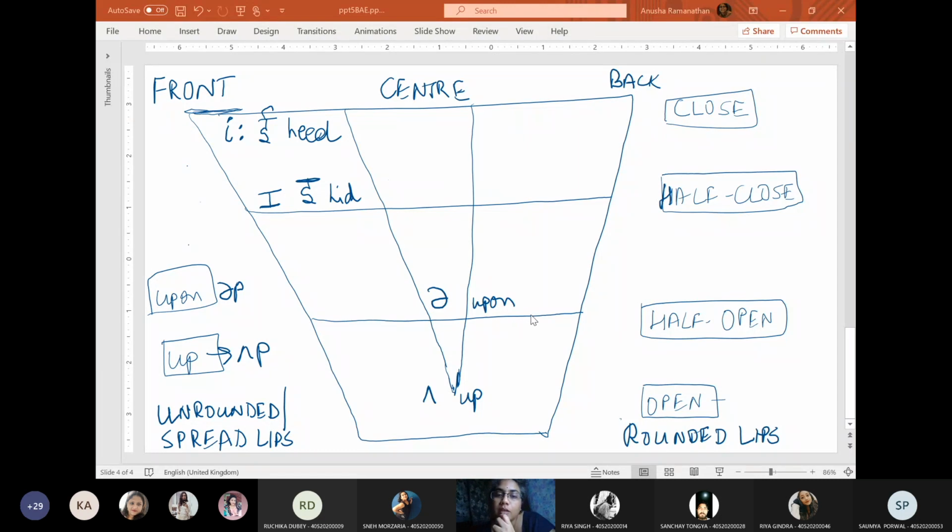If you ever have had any jaw injury or anything of that sort, you will realize that there are certain sounds that can be made because your jaw does not have to move, so your front vowels can be made, and your back vowels sometimes can be made because the front jaw, maybe the movement is allowed. So it really will depend on those elements, right? So now there are other sounds that we will be looking at.